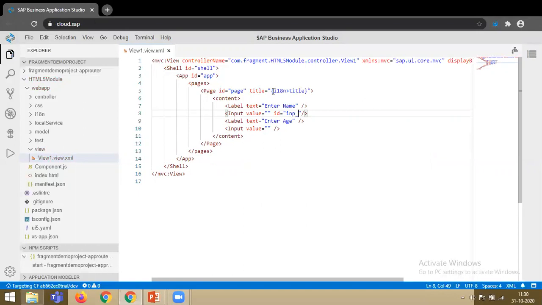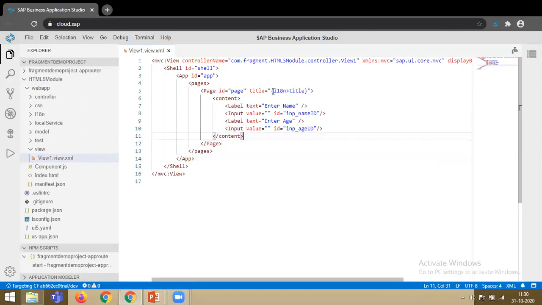You can give any ID as a name ID, so I'll know that this is an input field and the ID is name ID. This is age ID. So my fields are ready.